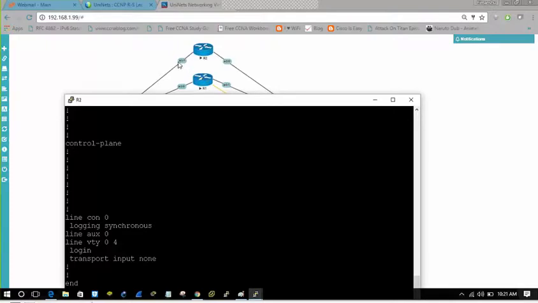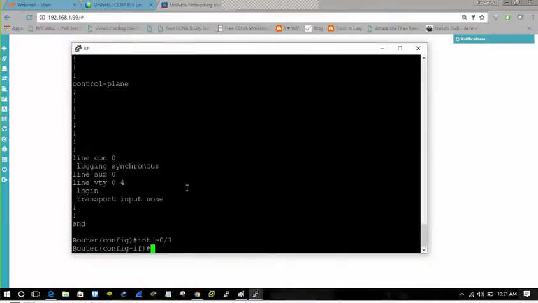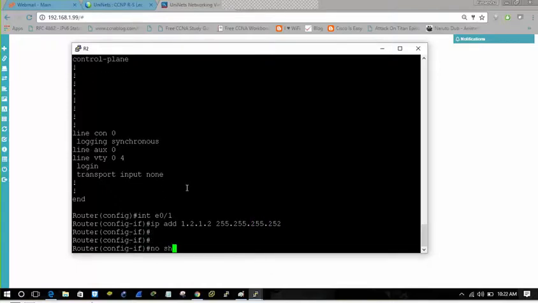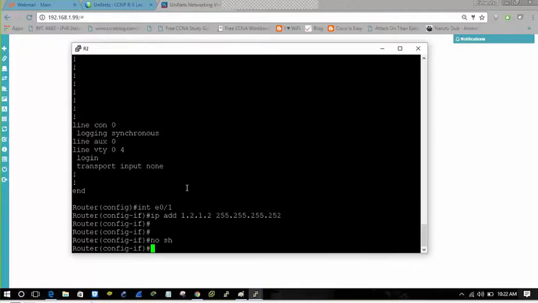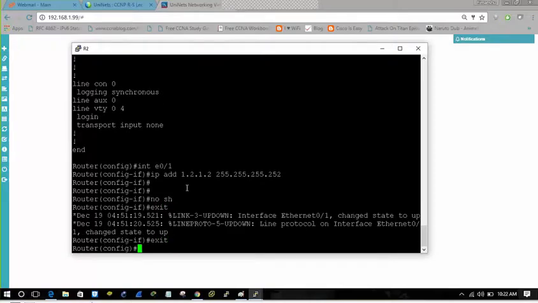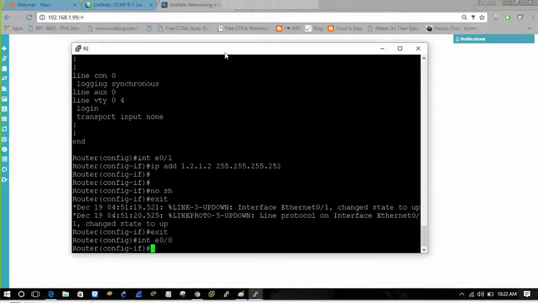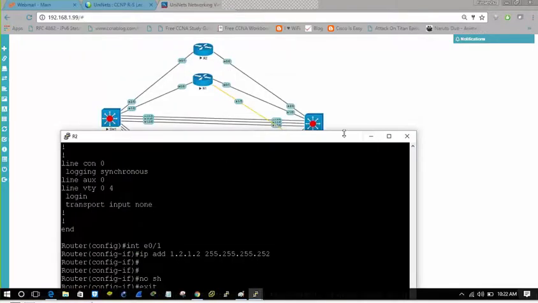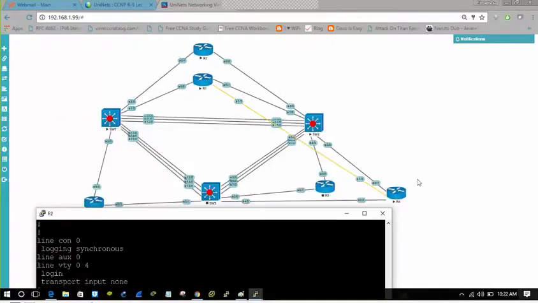That will have the same IP range as the IP address I have given here. Are you understanding it? So the IP address will be 12.1.1.2. Then I will no shut it. Then let's go to Ethernet 0/0. Ethernet 0/0 of R2 will connect with R4 like this.